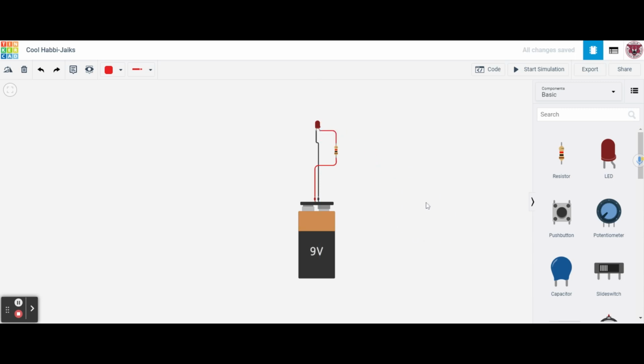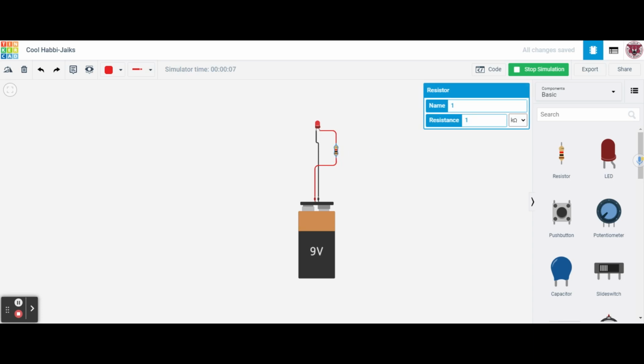And so now when we click on this, and remember, look at this resistor, the resistance is only 1, okay? When we click start simulation, the light lights up, okay? Now we can change the resistance on this, and I'm going to show you this right now. And so when we change this, we're going to put a 560 ohm resistor. Hit enter,